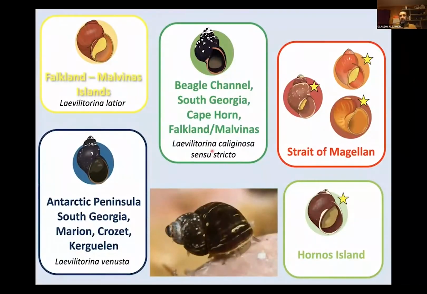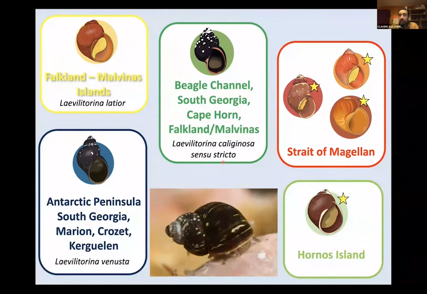So following all these results, we can now say that the endemic species found in the Falkland Malvinas Islands corresponds to Levillitorina latior. Then we also find that the species currently present in the Antarctic Peninsula, South Georgia, Marion, Crozet, and Kerguelen Islands corresponds to Levillitorina venusta. Following this, the species found in the Beagle Channel, South Georgia, Cape Horn, and the Falkland Malvinas Islands represents Levillitorina